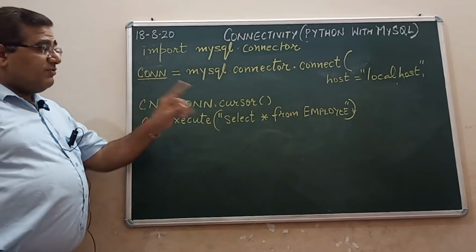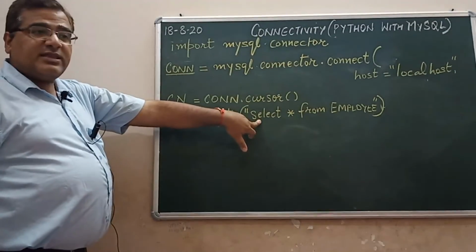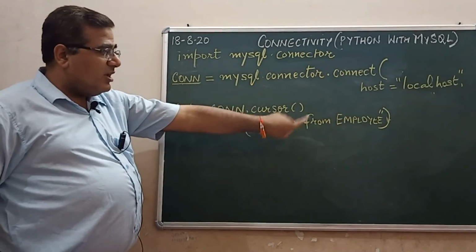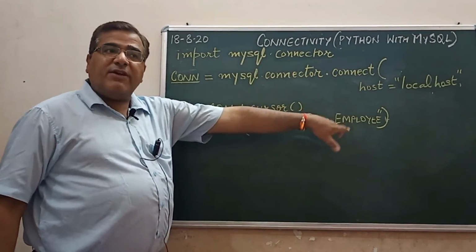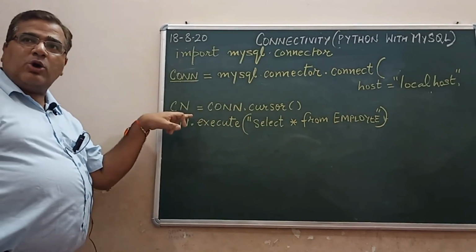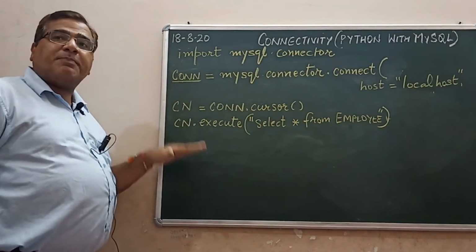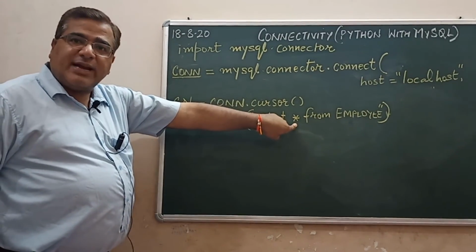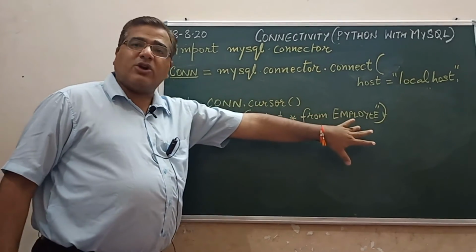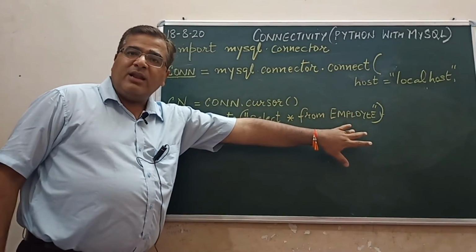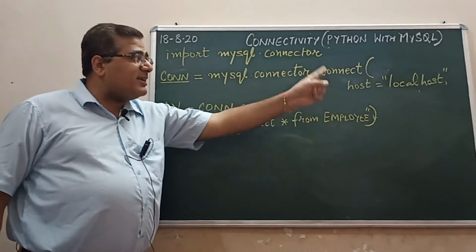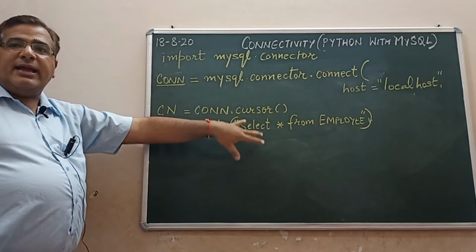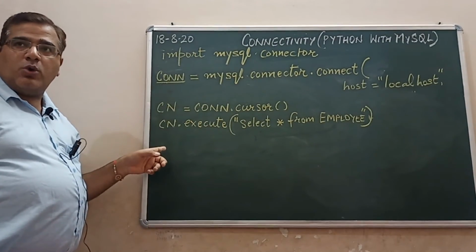Now understand the meaning of this command. As per this command, all the records, asterisk means all the records of the employee table, will be displayed in the Python output window in the form of tuples. As per this command, the asterisk means to display all the records of the employee table which is stored in the database EMPL, and the records will be printed in the form of tuples in the Python window.